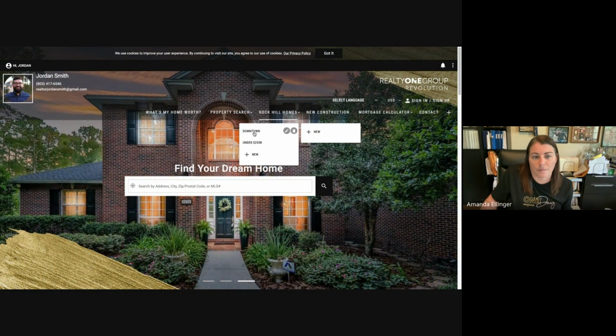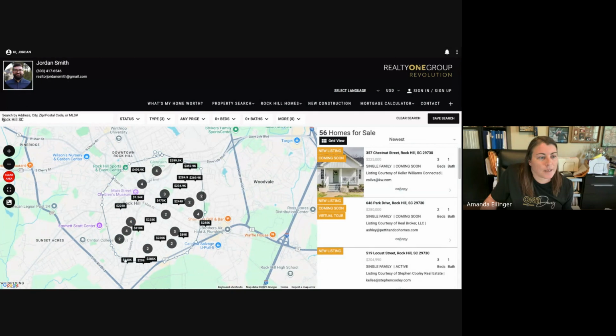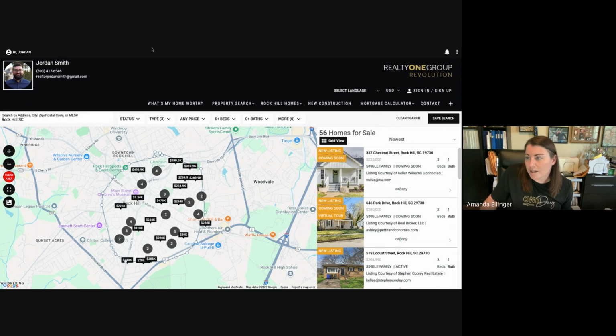So let's click on this downtown Rock Hill one. Okay, so he had typed in Rock Hill into the search criteria and then saved that specific URL for that Rock Hill search. And so every time you click on that URL, it takes you to the current version of that search